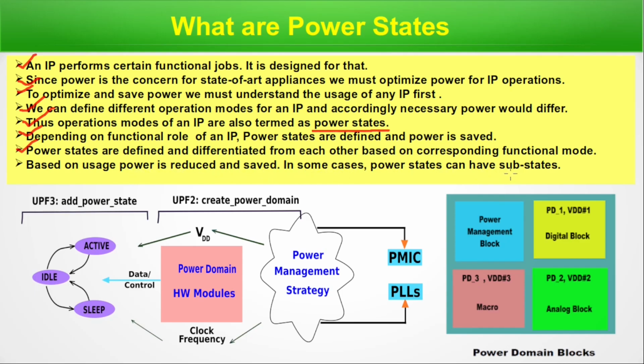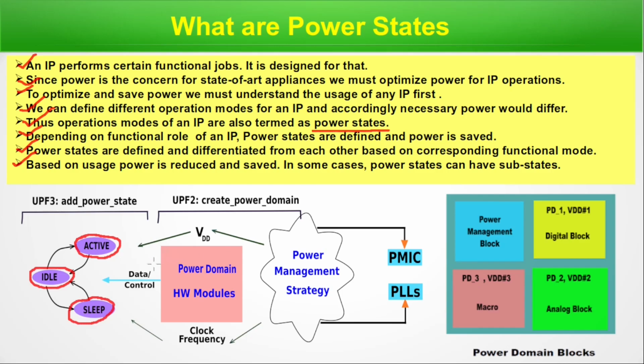In some cases, power states can have substates. This is a method to save power. Try to understand this diagram. There are 3 modes in which a device can work. That is active mode, maximum usage of power. Then idle. It's not doing anything actively. It's now idle, although it's not sleeping. Another mode is sleeping. When it's not used, it's basically in sleep mode.